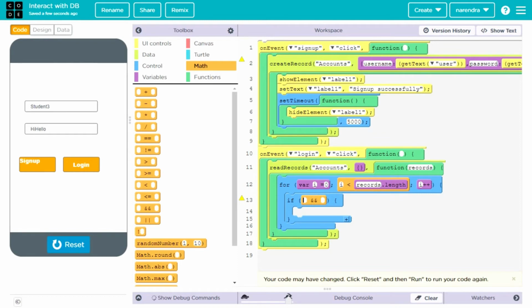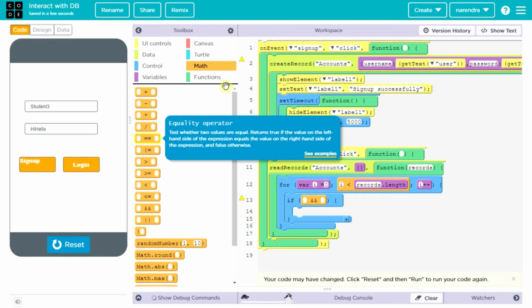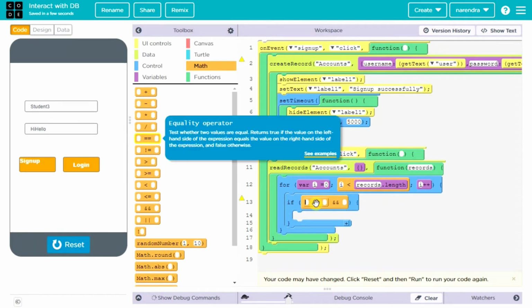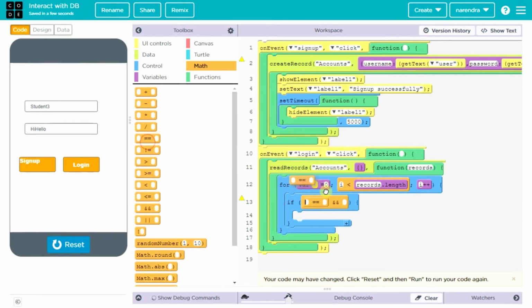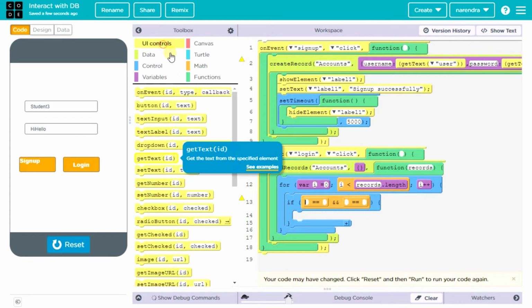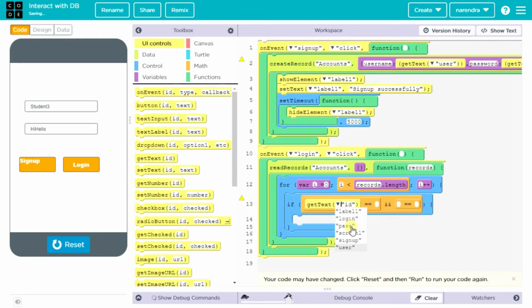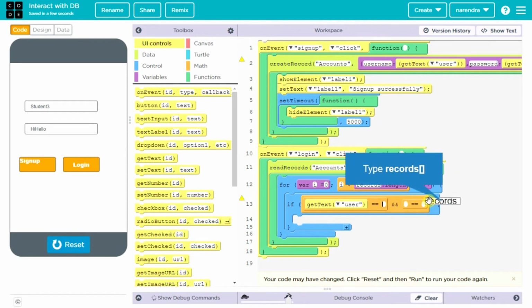This is for comparing username and this is for comparing password. We are going to compare the username, whether they are the same or not, so we need the equal operator here. We need one more comparison for the password. Get this username from the user, and compare with the data from the table. The data from the table is there in a list called the record list. Compare with records of i